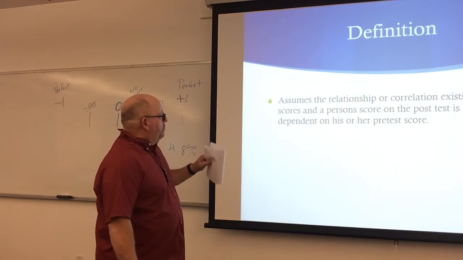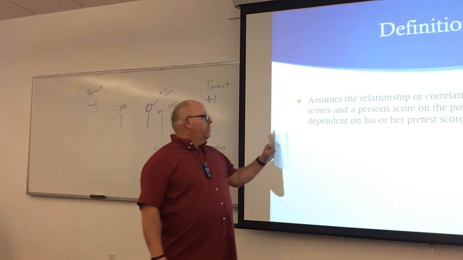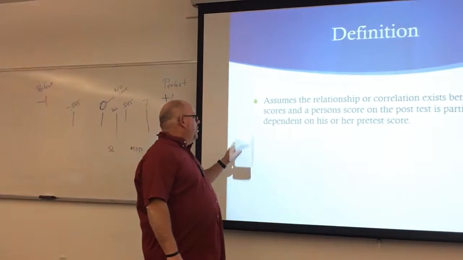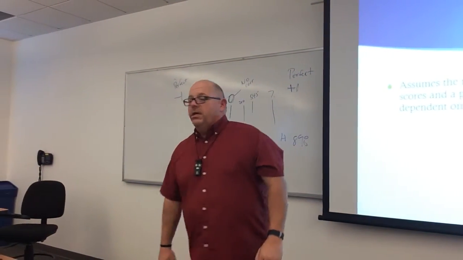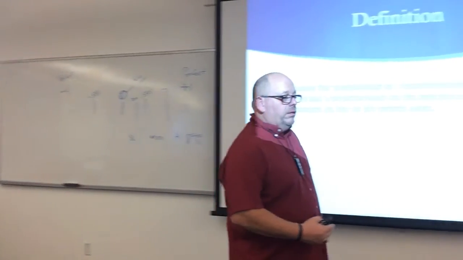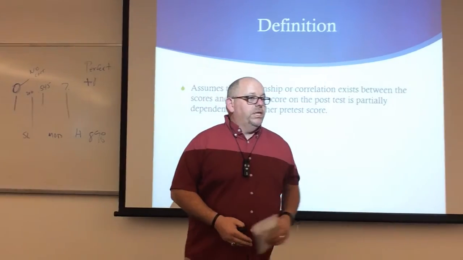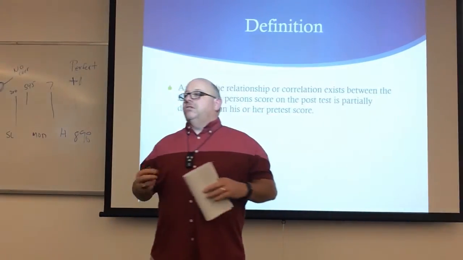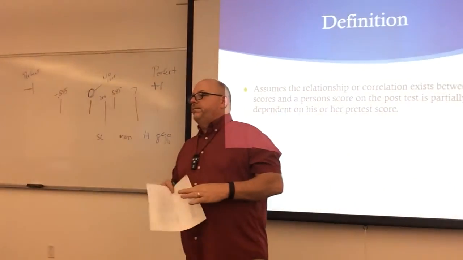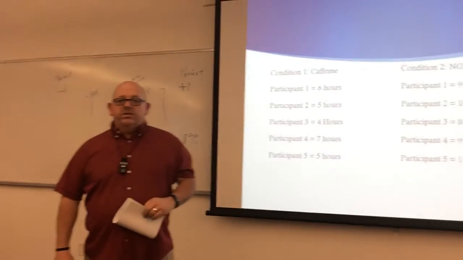Definition is the same thing. We're going to assume the relationship or correlation exists between the scores, and a person's scores on the post test are partially dependent on his or her pre-test score. Okay? There's an assumption that because you're doing the same test. Now, if you go to do one test at the beginning and a different test at the end, it kind of messes everything up because you can't really say that they're dependent on each other. So we're already going to get it, and I'm going to stop this one right